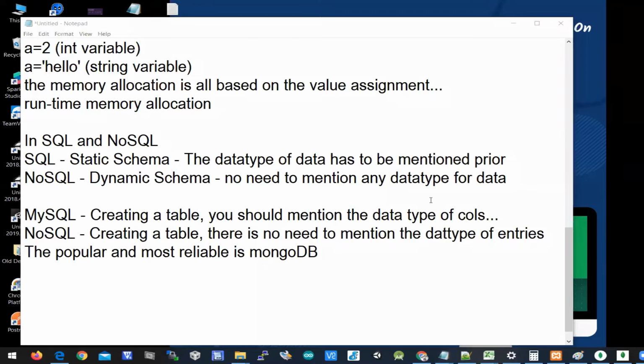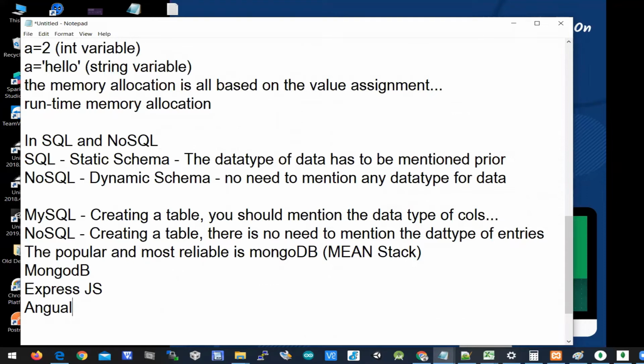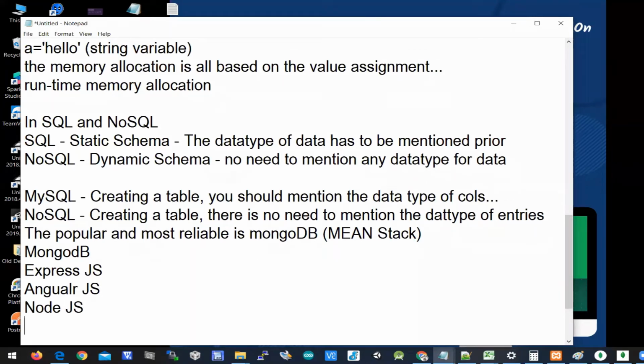So in many places across the globe, that is why these days, people are using mobile applications and web applications more, right? And the majority of real-time applications are built based on MeanStack. Hope you're aware of MeanStack. MeanStack stands for MongoDB, Express JS frameworks, Angular JS frameworks, and Node.js frameworks. So this is the MeanStack, right?